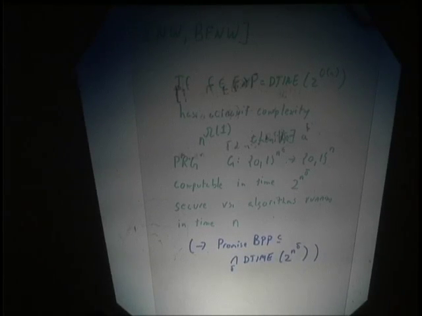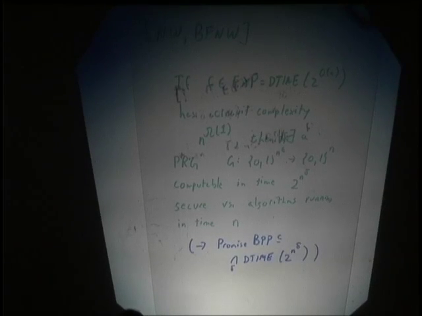Here's a function that just has to be exponential time computable. And it doesn't have to be hard on average to invert. It has to just be a Boolean function that you can't compute exactly, in the worst case, with polynomial size circuits. Then you get a pseudo-random generator